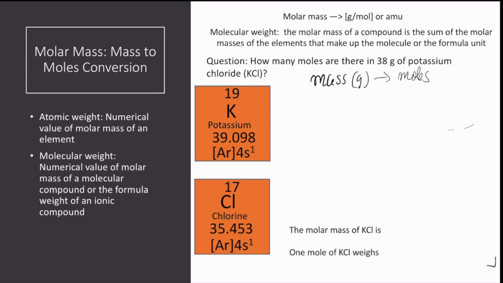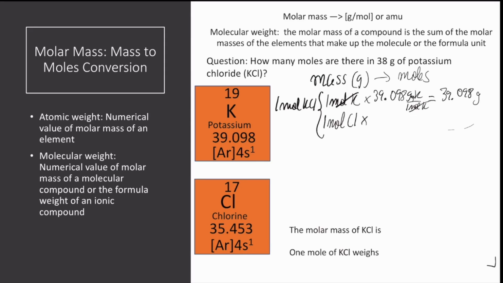First, we have to define the molecular weight of potassium chloride. So 1 mole of potassium chloride has 1 mole of potassium and 1 mole of chlorine. We multiply by the respective atomic weights, which for potassium is 39.098 grams of potassium per 1 mole of potassium. We cancel the moles of potassium, and then we get